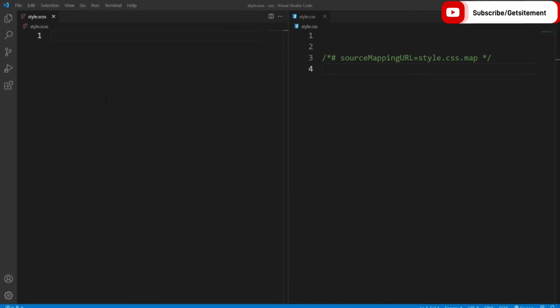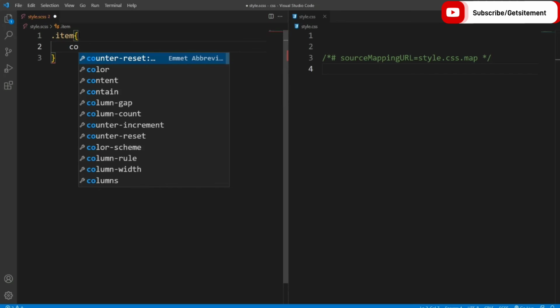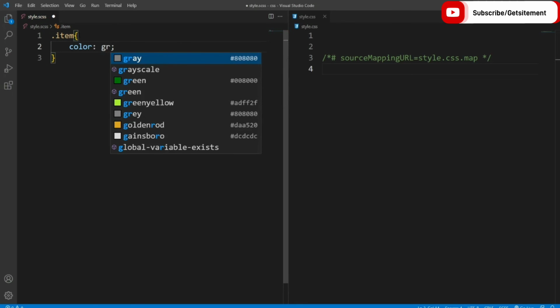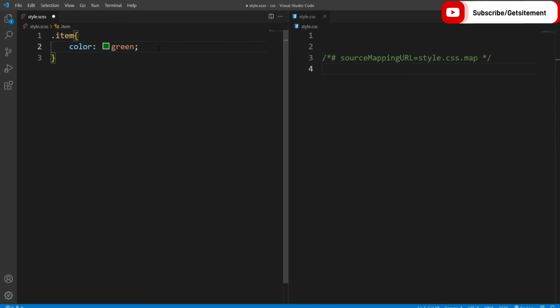As you can see, side by side I opened the style.sass file and style.css file. So at first I'm going to create a nesting group. I'm going to take a parent class, dot, and our parent class name is item. Then inside the curly braces I'm going to use a CSS property, color green. Then inside this parent class I'm going to create another class. I want to create a subclass and our subclass name is dot item-wrapper. Then inside the curly braces I'm going to use a CSS property, color